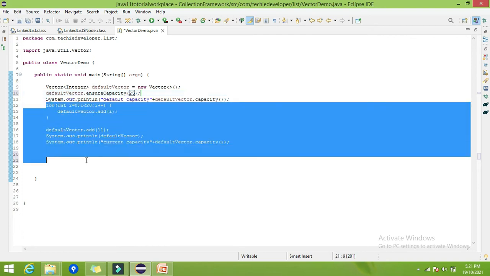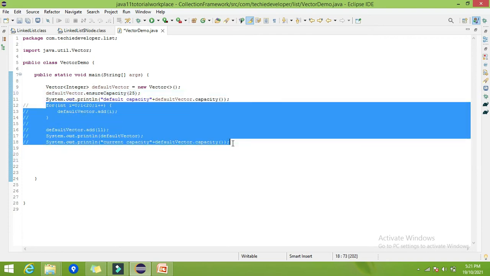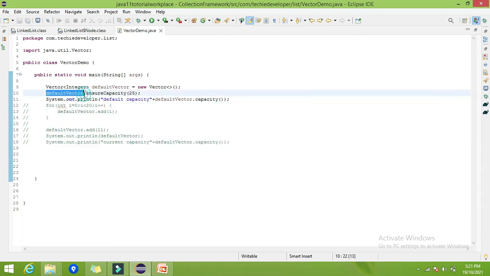Let's try to print this now. I have created the vector and made sure that I am going to add up to 25 elements. So it should keep the capacity directly at 25.